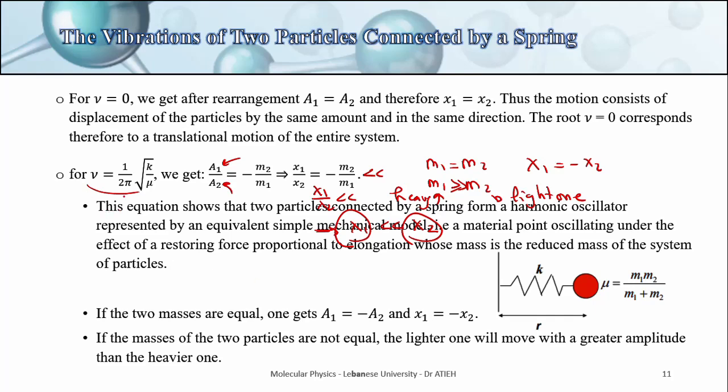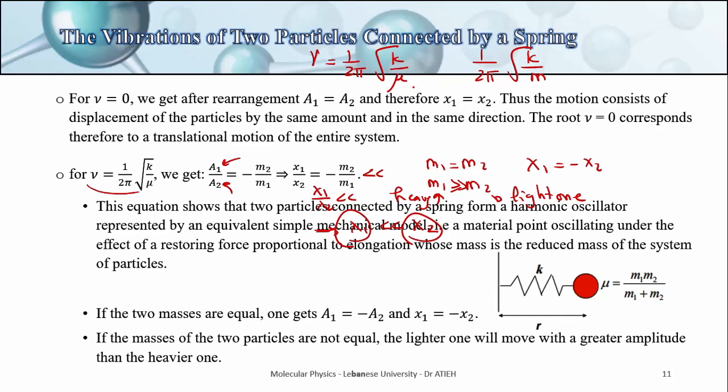One last note, the frequency of oscillation, nu, is equal to 1 over 2 pi radical k over mu, where mu is the reduced mass of the system of particles. If we compare it with the frequency of a single particle, which is 1 over 2 pi radical k over m, we can see that we only replaced m with mu. We deduce that two particles connected by a spring can be represented by an equivalent simple mechanical model, that is a material point that has a mass equal to the reduced mass of the system